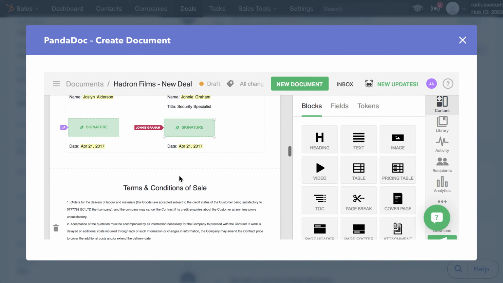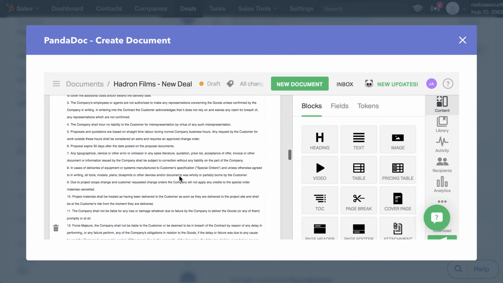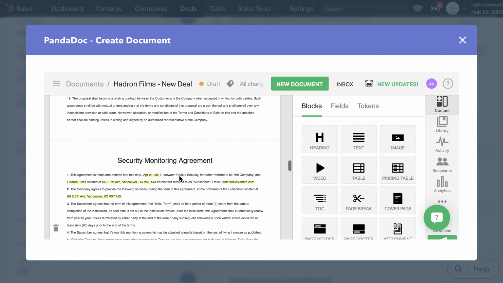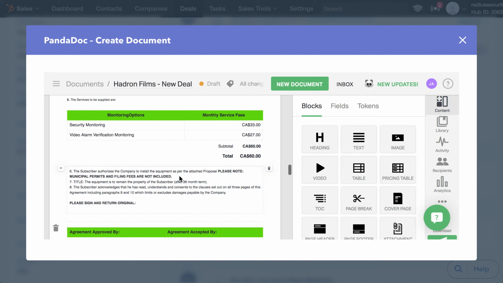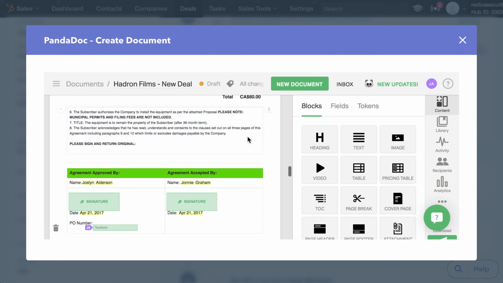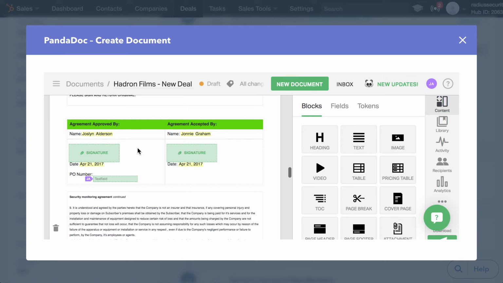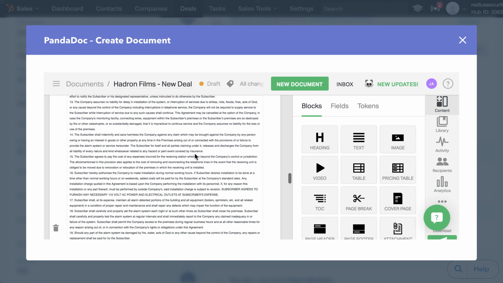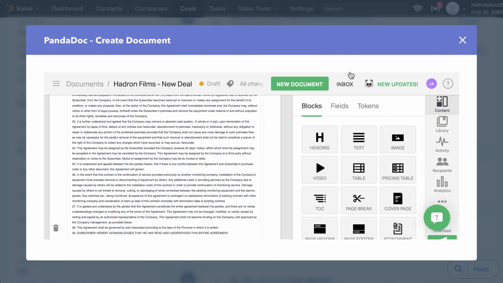This is what a proposal looks like, and this is what we would be sending to a customer. All the terms and conditions are below. And just to recap on the monthly cost, $33 for the intrusion portion, and the RMR on the camera portion of things. Client would sign off, they would send a copy back. I would go ahead, I would sign it, and it's a done deal. All of this information would then go on to the accounting department. So it's a pretty